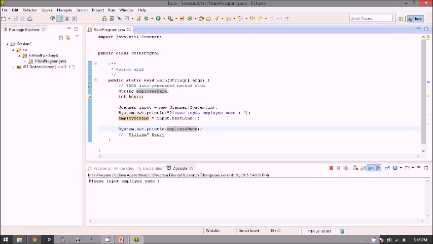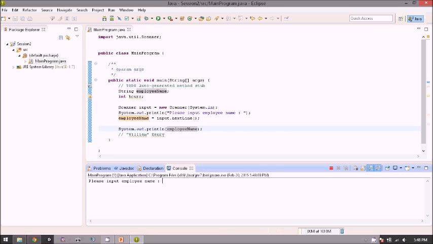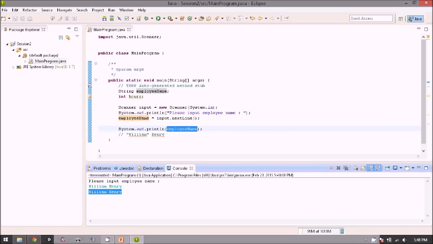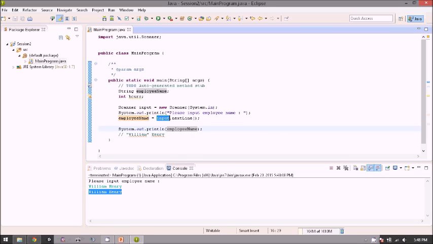Okay, please input employee name. Let's type something. Let's type William Henry. Yes, perfect. So what we type here is already saved into the employeeName and written by the program in here, William Henry. So our input is already a success, so we just need to continue to the next input.